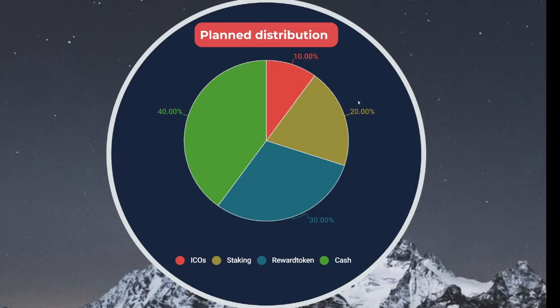This is the actual treasury we are creating at the moment. Still need a little bit more money to be collected in the BNB cash reserve, and then we can add our cross-chain investments,